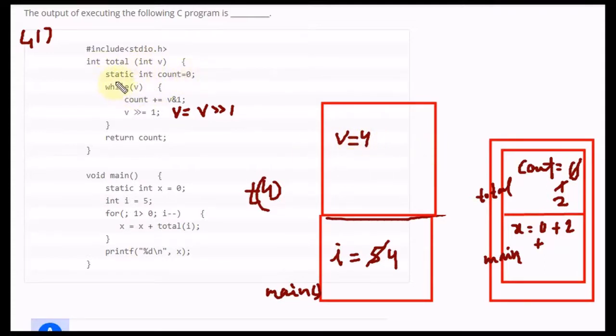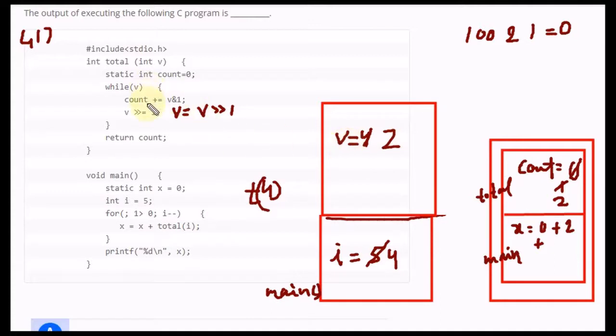I have already told you, only one time this static memory will be allocated, and now we are going to update the value. The binary value of 4 is 100, and ANDing with 1 gives 0, so no value update will happen. After the right shift this value changes to 2.